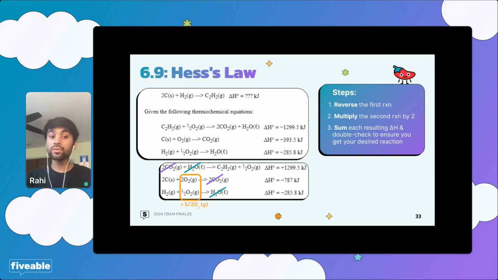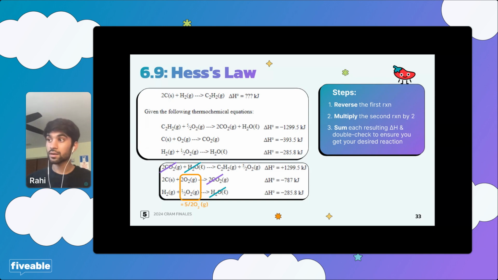But then there are things that not only cancel, they also add together, right? So we have 2 O2s in the second equation, and we have half an O2. So if we add down, we yield 5/2 O2s. Typically, when we have a standard reaction, you never really have a fraction as a coefficient. That's kind of awkward. However, when you're adding in this case, it's fine too.